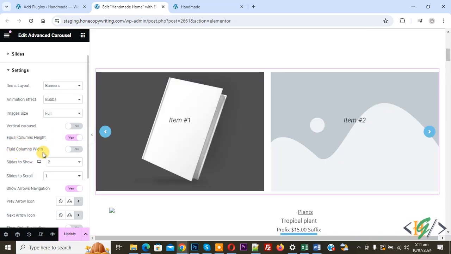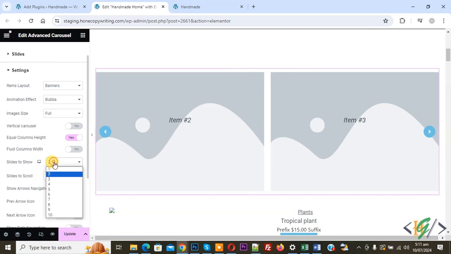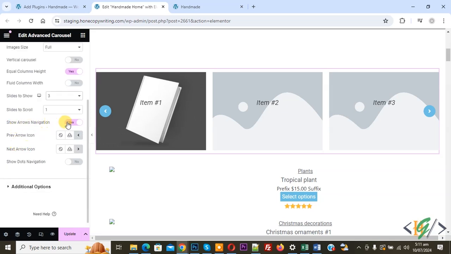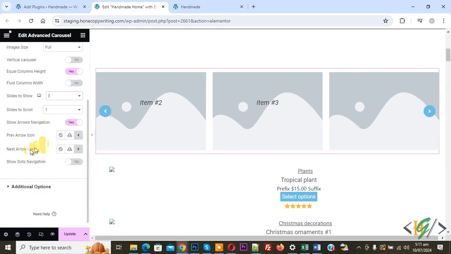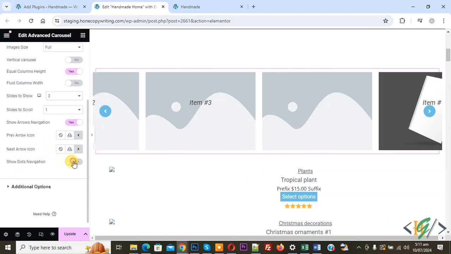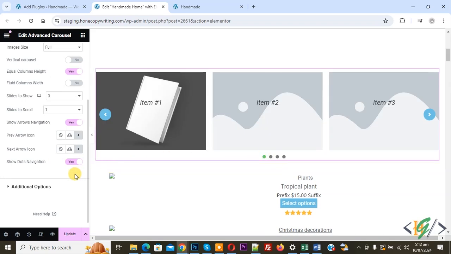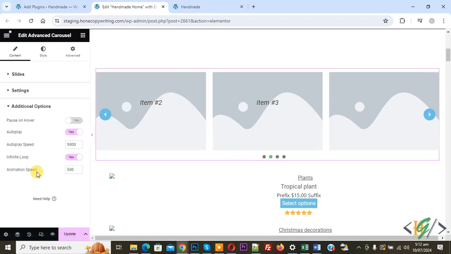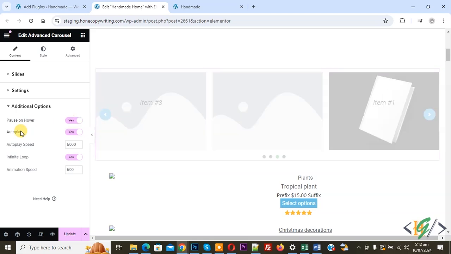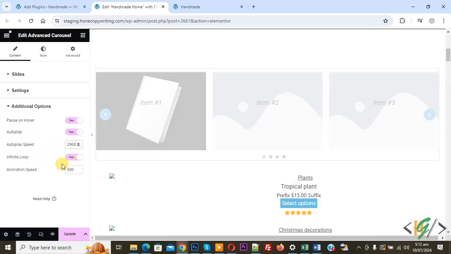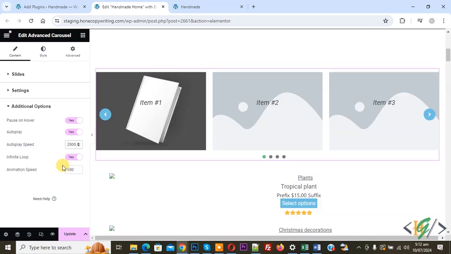and then you see column width, slides to show 2, slides to scroll 1. If you want you can show 3. Now you see show arrow navigation enable, arrow icon you can select according to your requirement, and if you want you can enable dot navigation, so it's up to you. Now you see dot navigation added, and then you see additional options, so click on it. Pause on hover enable, autoplay, so you can set speed, infinite loop enable, animation speed, and then on top you